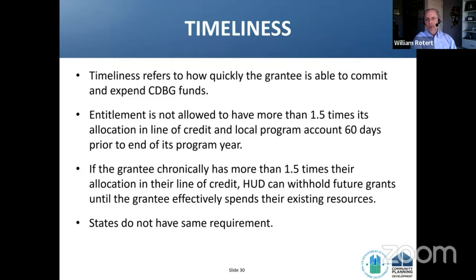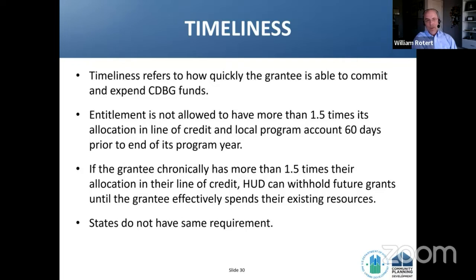So we used to tell our reps, mark your calendar for each of your entitlement grantees, mark their 60-day anniversary date, and check periodically to make sure they're on a glide path that'll get them to this number by that time. Now, if a grantee chronically, in other words, more than 1 year in a row, has more than 1.5 times their allocation in our line of credit, HUD can withhold future grants until the grantee effectively spends their existing resources. Typically, you'll have to do a workout plan of some sort that shows HUD how you're going to correct this problem. If you correct the problem, the issue is resolved, but if you do it again, then the remedies